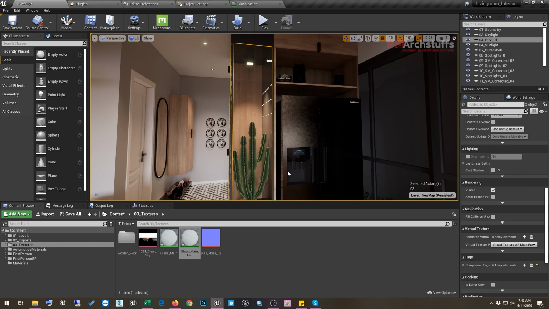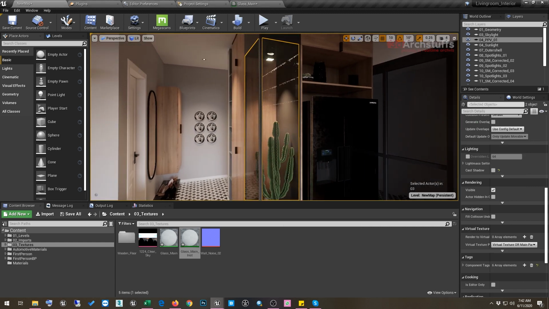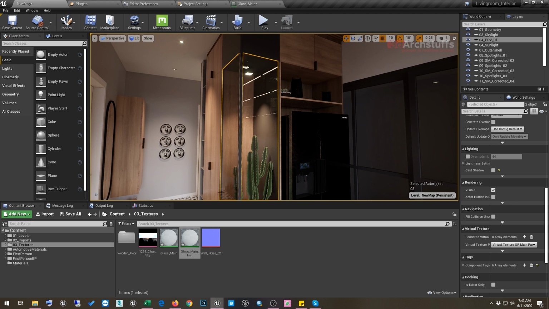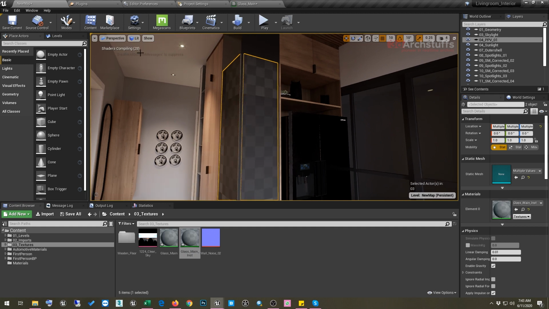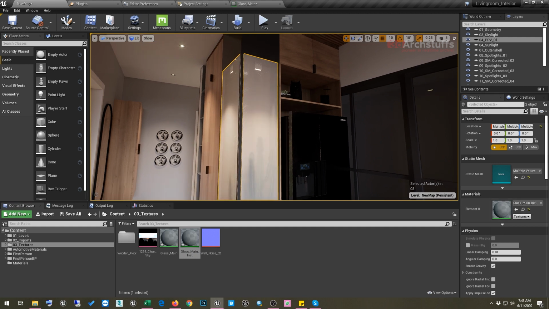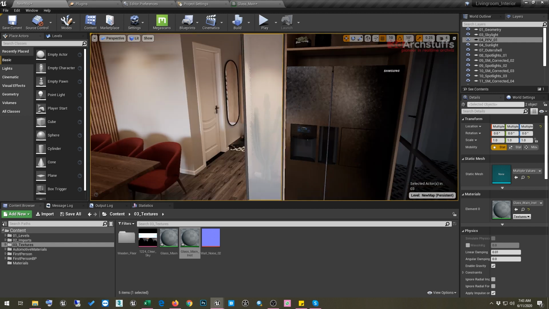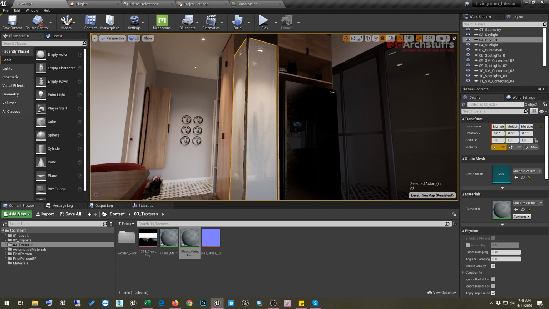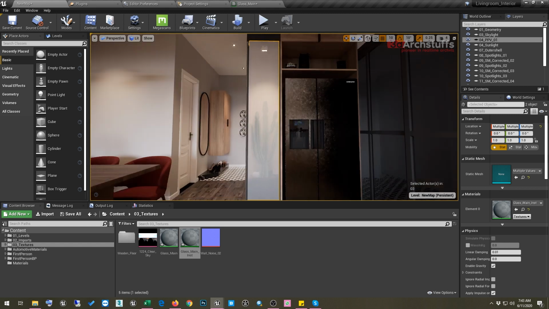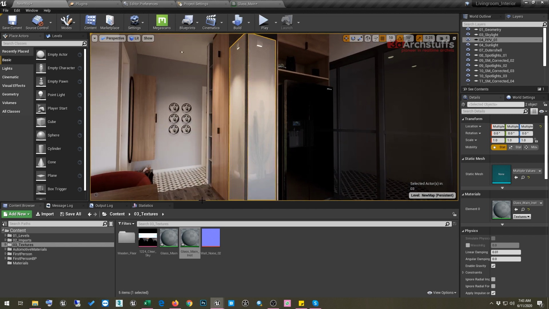all with the same material. So all the objects that have this material applied will be selected, and I will just apply this material on those objects like this. And we will wait until the shaders are compiled. And as you can see, now the shaders have been compiled, and now we will be going ahead and tweaking the parameters of this glass material so that we can get the best glass possible in our scene.